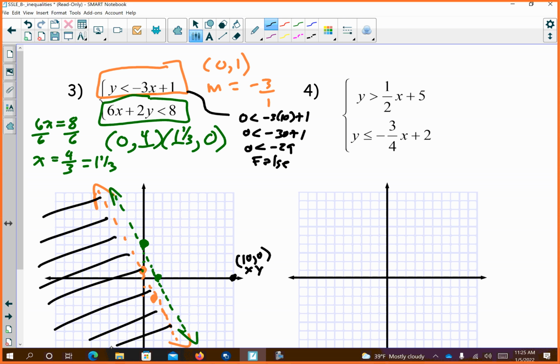All right, let's take that 10, 0 and plug it into this. So I'm going to get 6 times 10 plus 2 times 0 is less than 8. 60 plus 0 is less than 8. Hey, is 60 less than 8? No, that's false again. Okay, so this created a false again for the green. So that means I'm going to shade to the left of the green. All right? So if I shade to the left of the green,